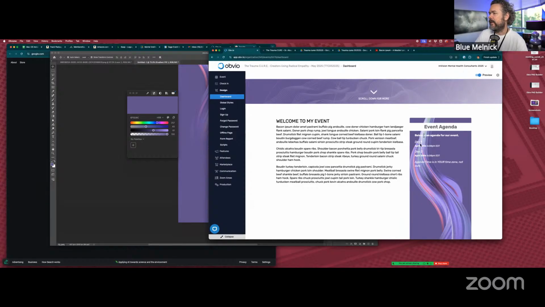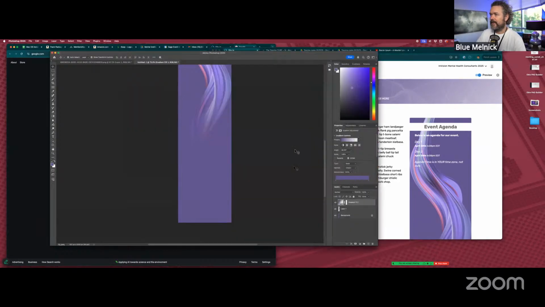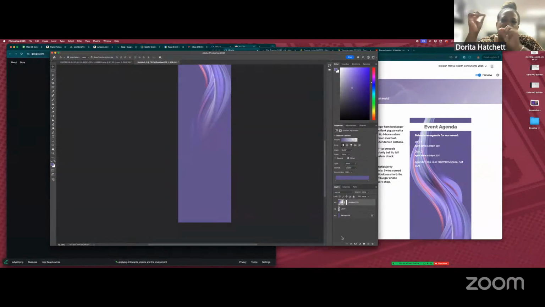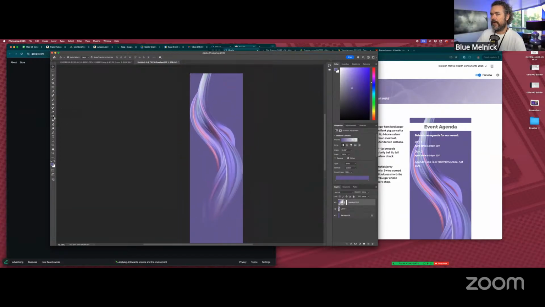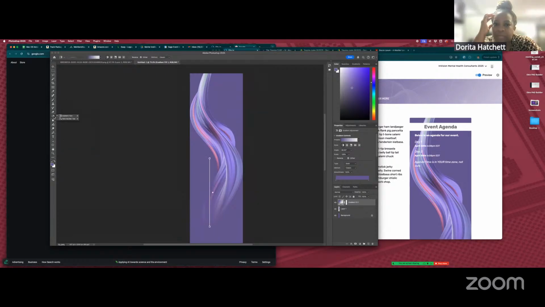So again, here's where, kind of looping back to what I was saying earlier, I'm not sure that I like the idea of this swirl, but I think it's just going to be overpowering from a background perspective. So when you do transparent, can you make it a little less visible? Does it, or is it because of the way you created it? Well, I mean, you can't in Obvio, so that would be something that I would have to come back into Photoshop to do. Oh, okay, the transparency, gotcha. Yeah, exactly. So,